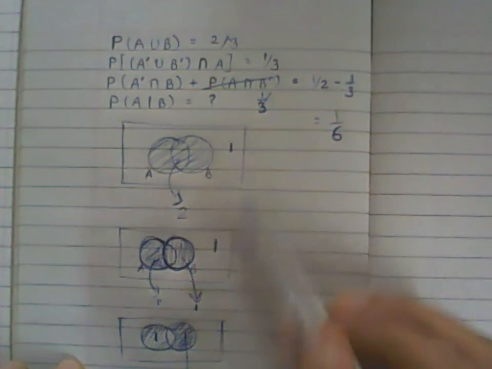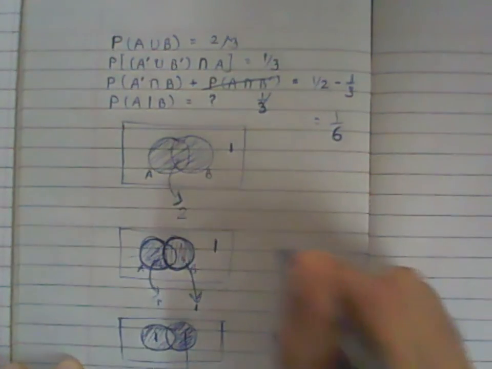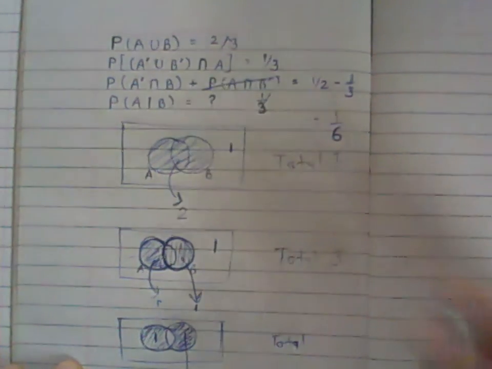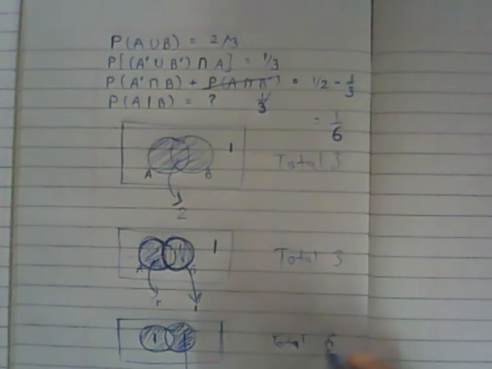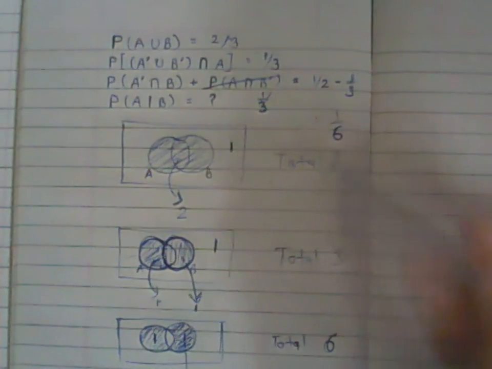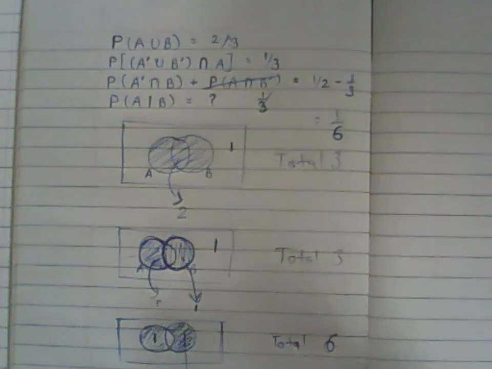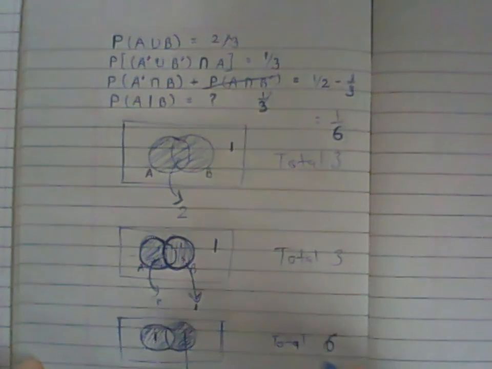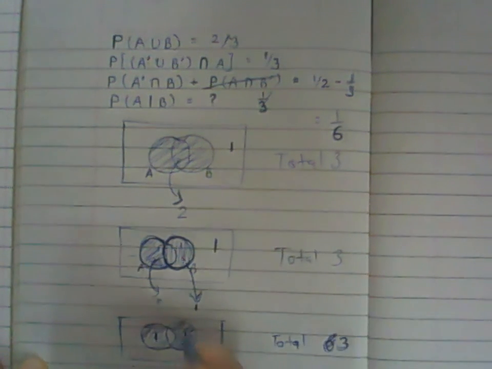Now in the previous two diagrams, I had my total to be 3. The total was 3 here. Now the total is 6 here. What I can do is either convert these two threes to 6, or convert this 6 into a 3. Let me convert this 6 into a 3. What I'll do is divide each article by 2. So this becomes a total of 3, and in that case, this will become not one item, but half of an article, half of an item. So if I have a total of 3 items, half of the article remains in this region.